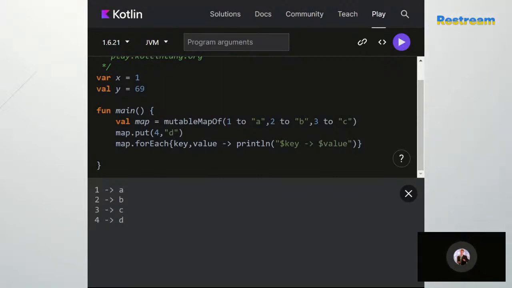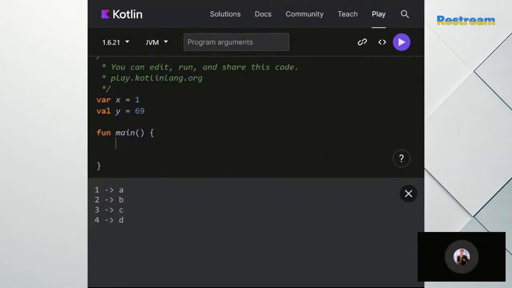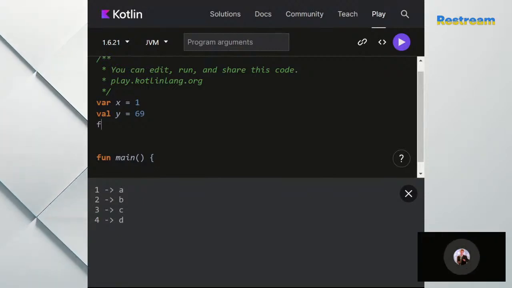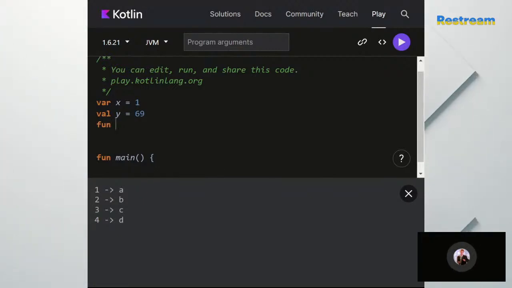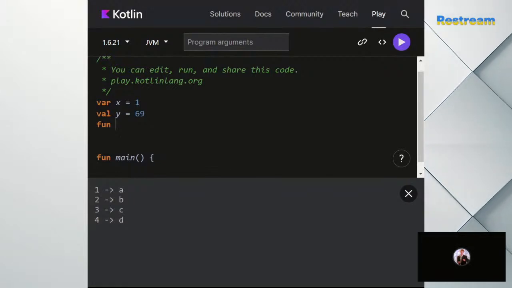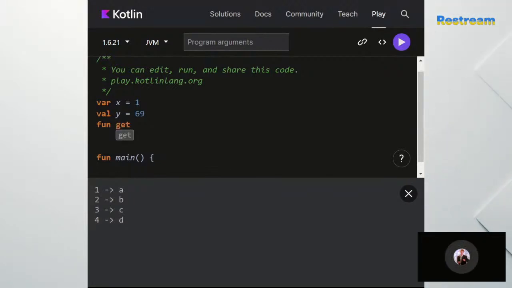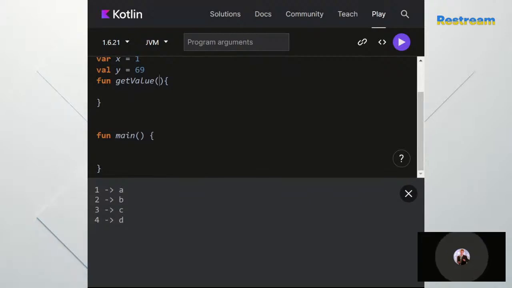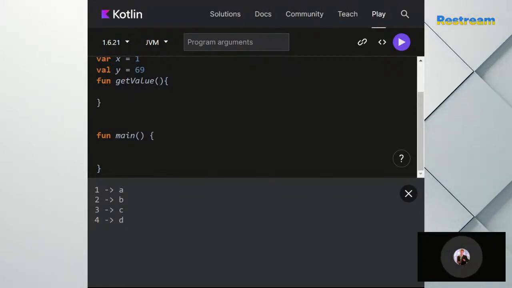Next thing we should discuss is functions. We have already used functions. We used a function main. But what if we want to use another function? The syntax for that is you use the keyword fun and then the name of the function. So let's say a get value function, create some random function. This is the name of the function, and in these parentheses,